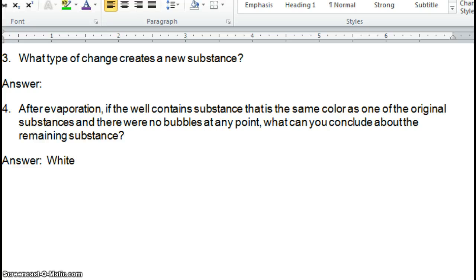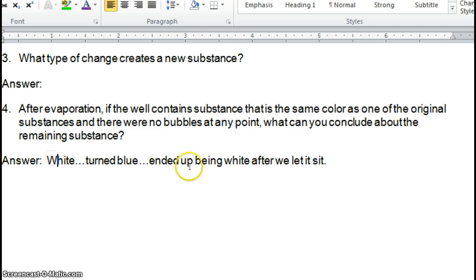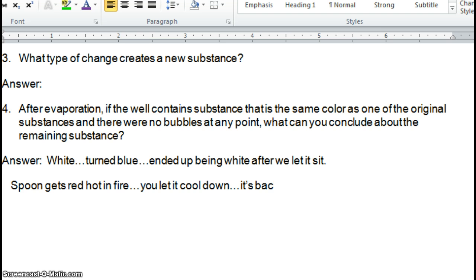Okay, so it's saying maybe it started out white, turned blue, ended up being white after we let it sit. So that's what this one's asking. So it says, okay, we started white, turned blue, ended up being white. I'll give you a hint. Think of a spoon or other metal. So a spoon gets red hot in fire. You let it cool down. It's back to the original